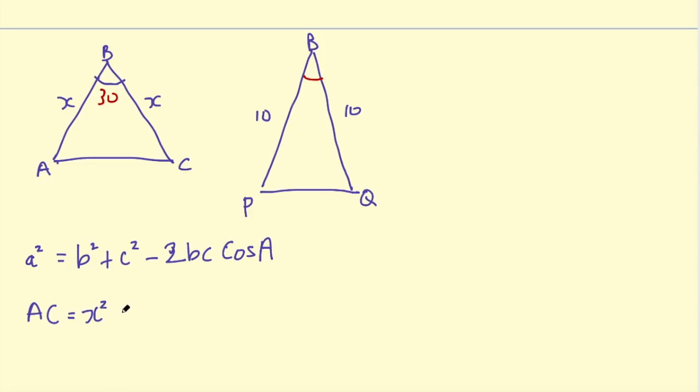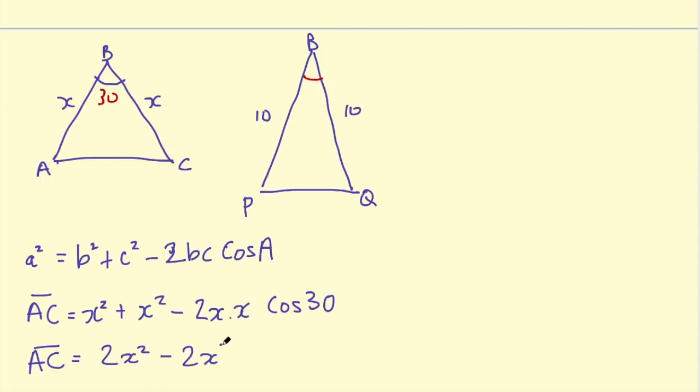B is x and c is x, and so we've got two lots of x times x, and then cosine angle A is 30, so we've got cosine of 30. So AC squared is going to be 2 lots of x squared minus 2 lots of x squared. Now cosine 30,